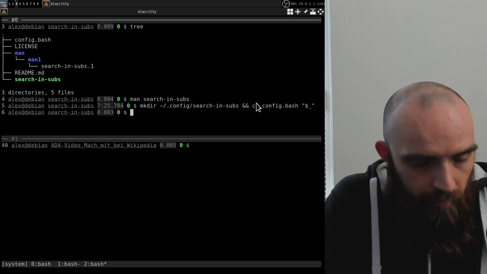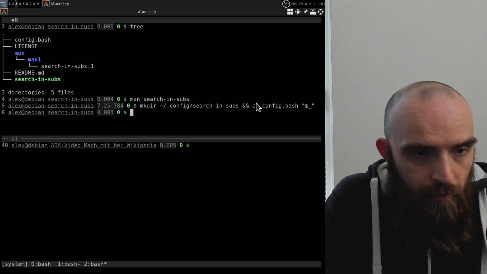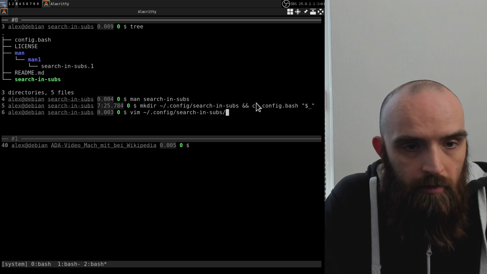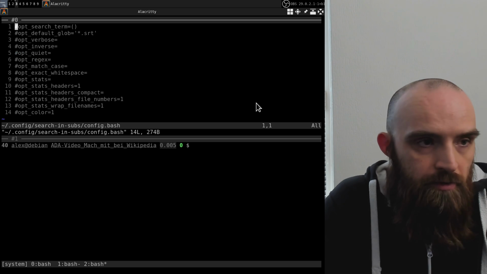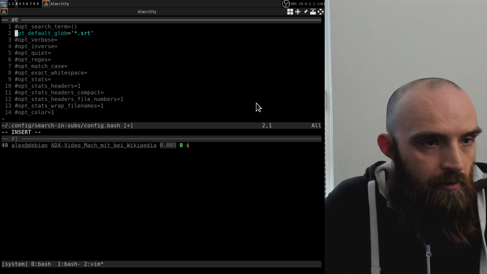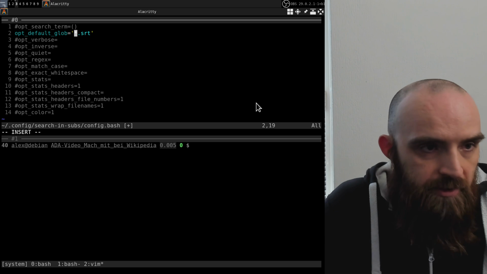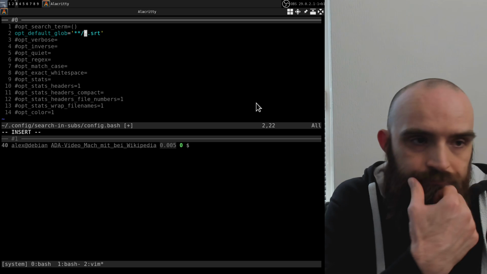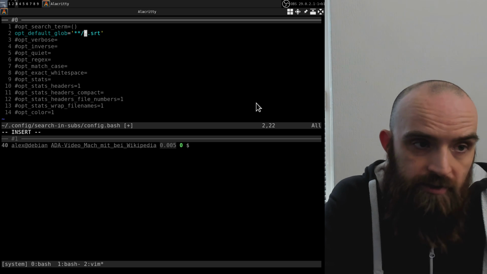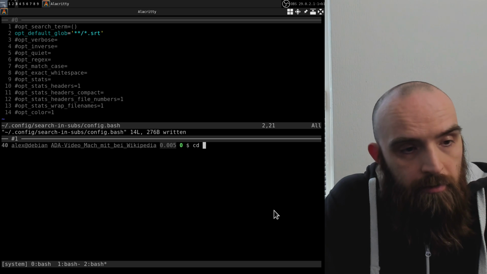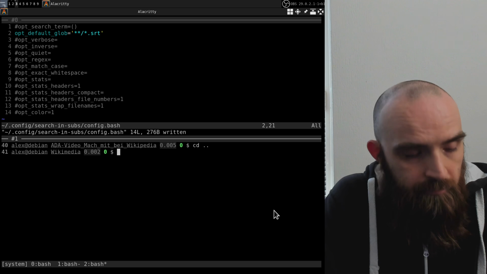So now I can open that copied config file, and I suggest that you do this because this way you'll have all of the options over here ready to go. But obviously you can create just an empty file too. I'll just change this option to this, and now if I go back to this